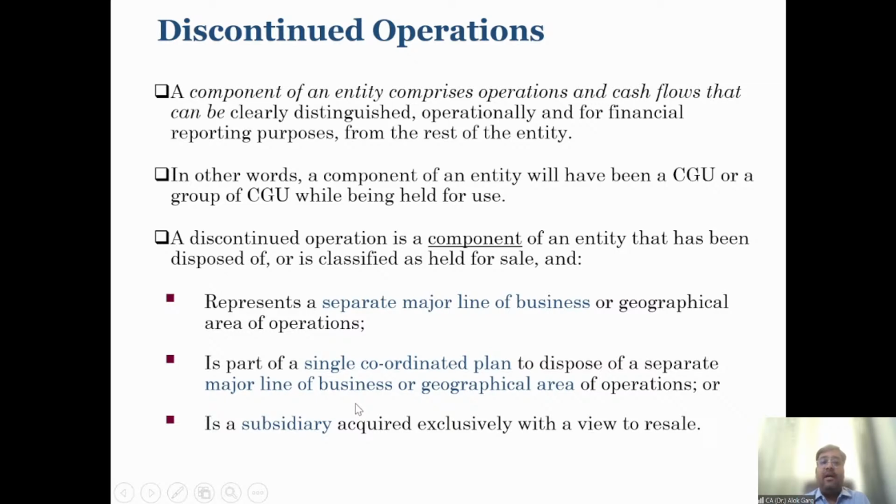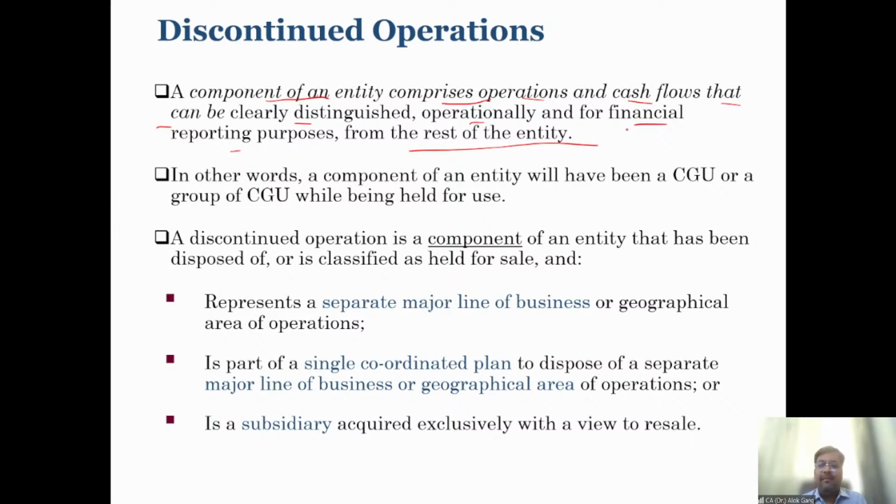What is discontinued operation? A component of an entity comprises operations and cash flows that can be clearly distinguished operationally and for financial reporting purposes from the rest of the entity. Means the entity is looking at the operating results of a component which is a critical, important component for that entity, and the company is looking at the results of those segments